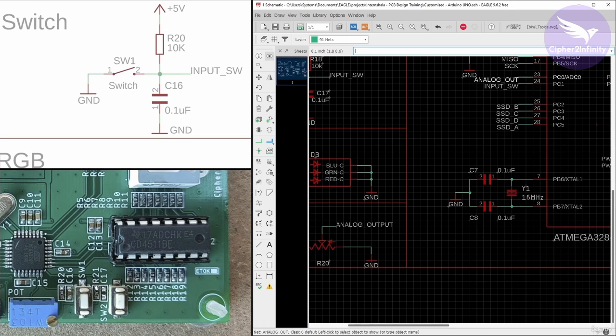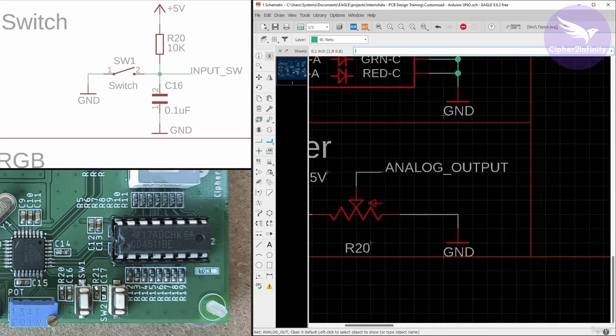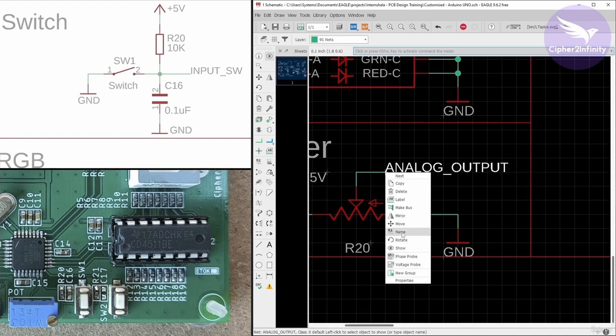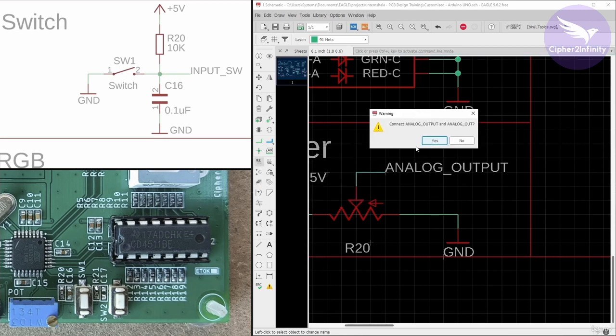So it is not connected, ANALOG underscore output, and it should actually be out. So I will change the name to out here. This is how the mistake basically happens when we create the schematic, and after that I will click on OK. Now it's going to ask whether we want to connect this pin to the pin of the microcontroller, and I